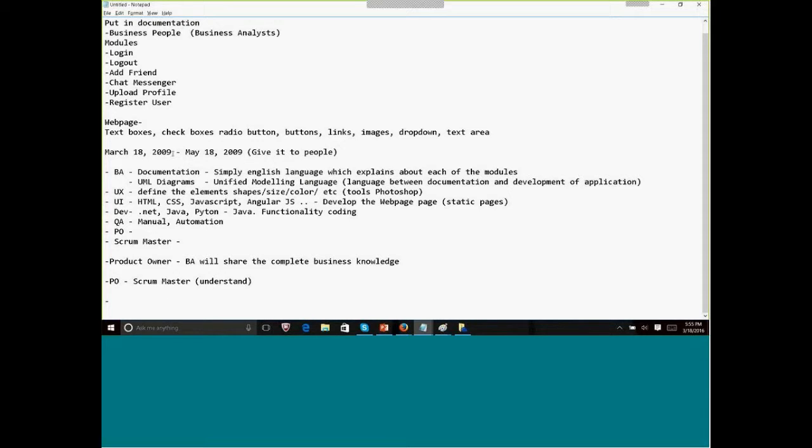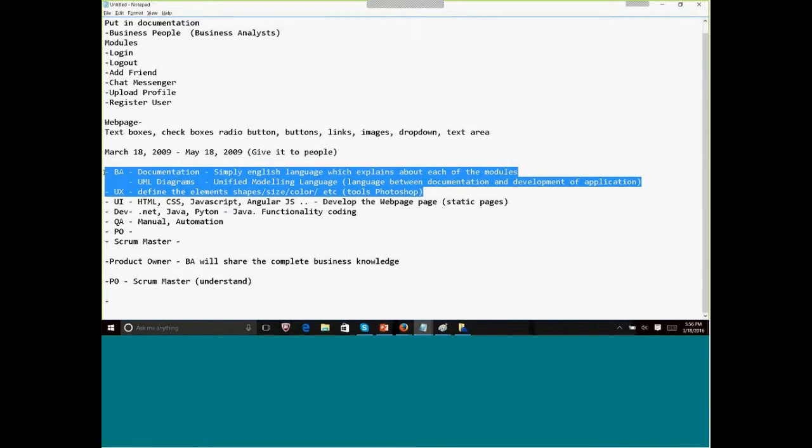Okay. So assume everything is done just before March 18, 2009. On March 18, 2009, we'll call all the team members. So who are all the team members we have? Along with PO and Scrum Master, you have the development team, you have the QA team. Assume the Photoshop part, or how the button should look like, that everything is developed. So once that is done, the Scrum Master will call for a meeting, and in that meeting, developers will be there, the QA will be there, along with the PO and Scrum Master.